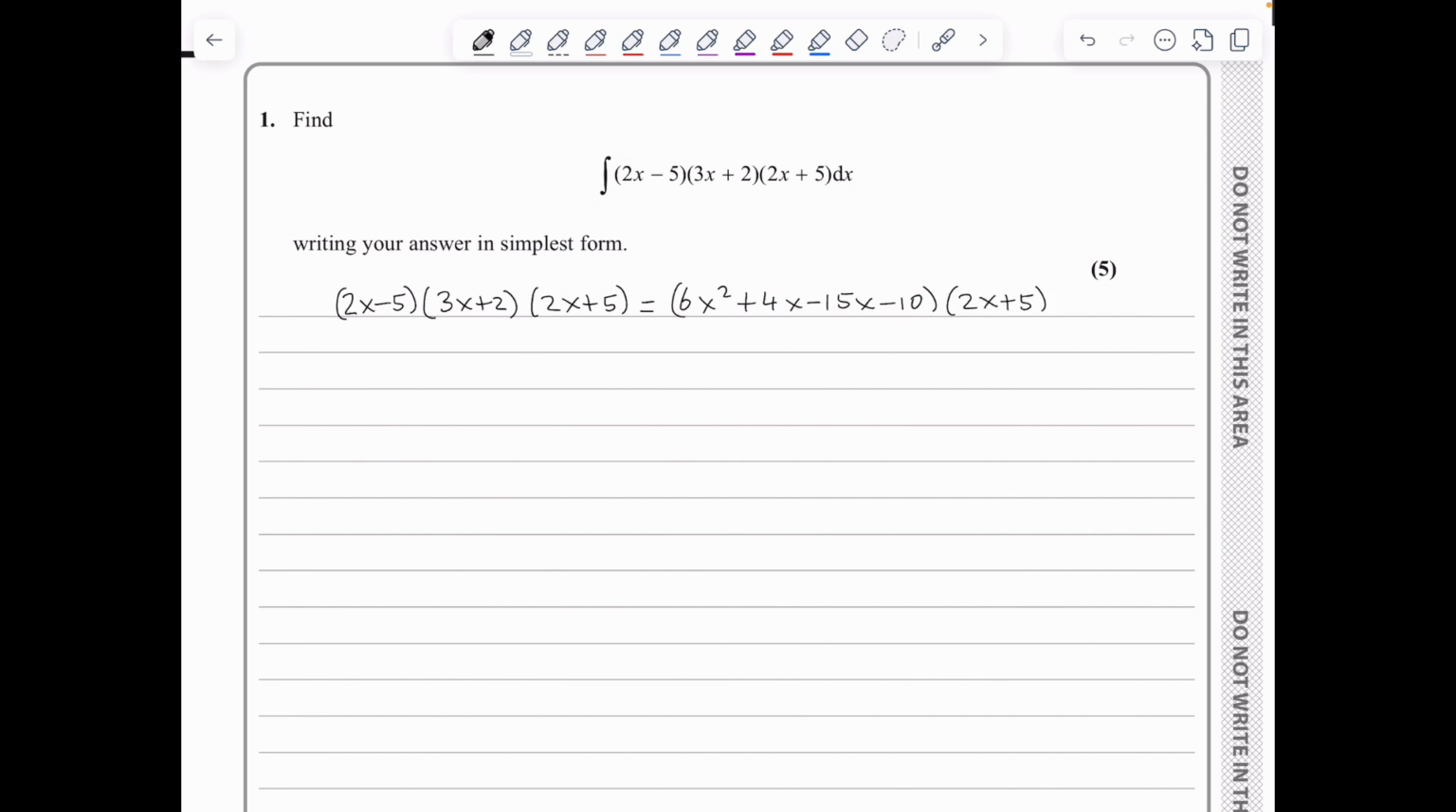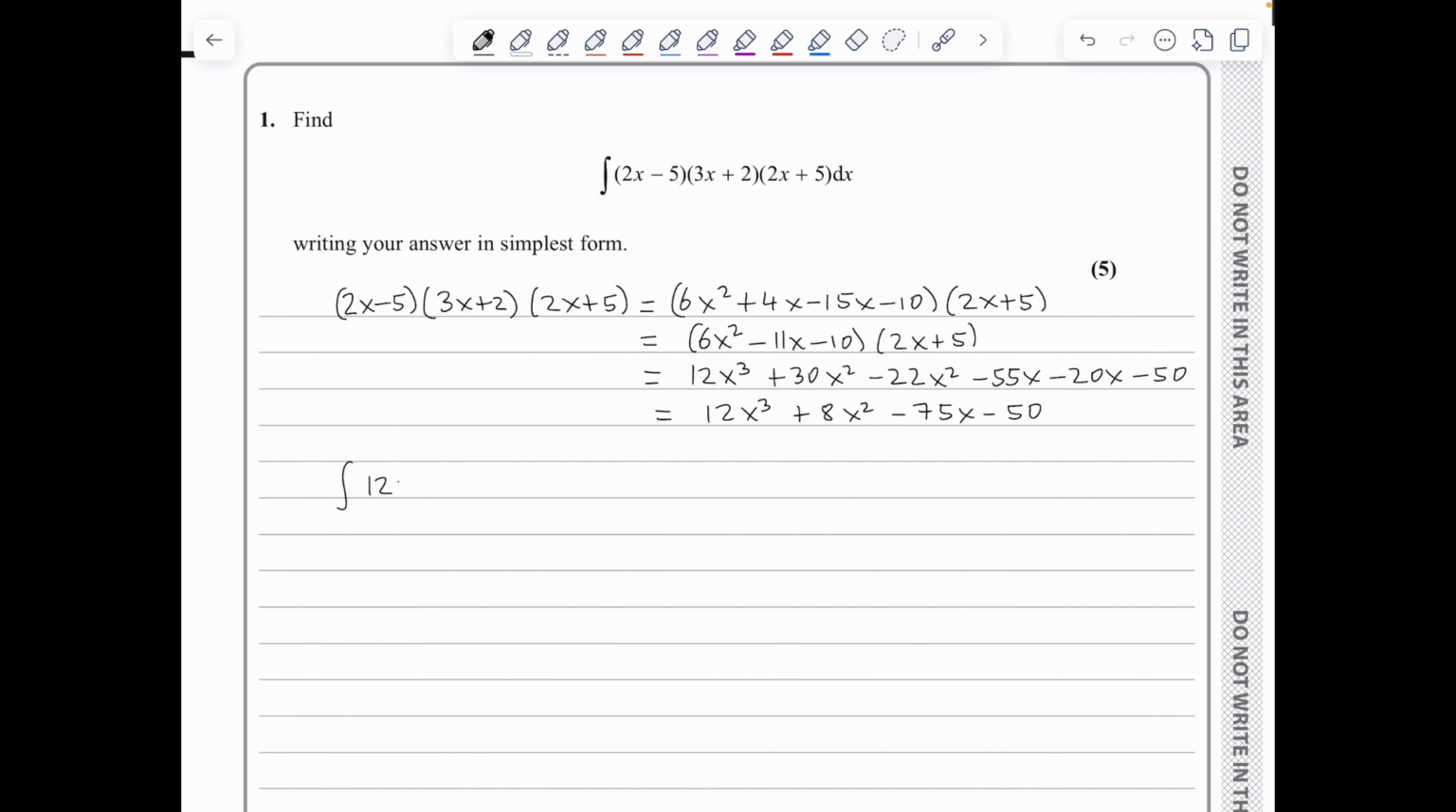plus 5. I will collect like terms, so we're looking at (6x squared minus 11x minus 10) multiplied by (2x plus 5), and I will further expand this to get 12x cubed plus 30x squared minus 22x squared minus 55x minus 20x minus 50, which simplifies to 12x cubed plus 8x squared minus 75x minus 50. This means I can now proceed into integrating 12x cubed plus 8x squared minus 75x minus 50 with respect to